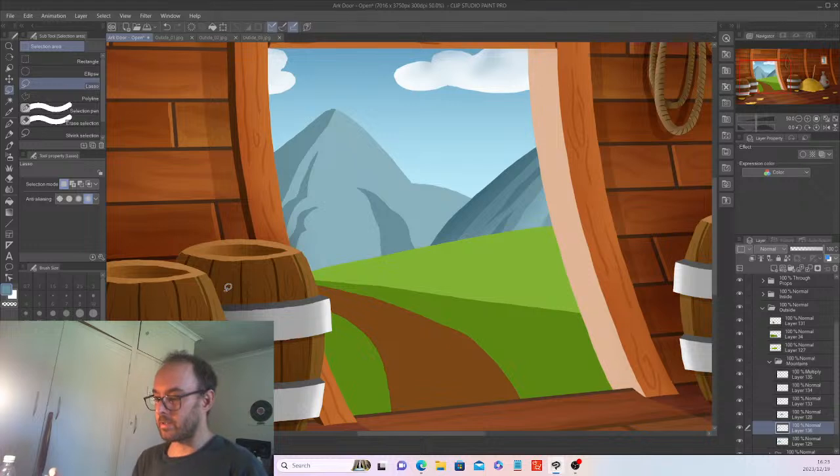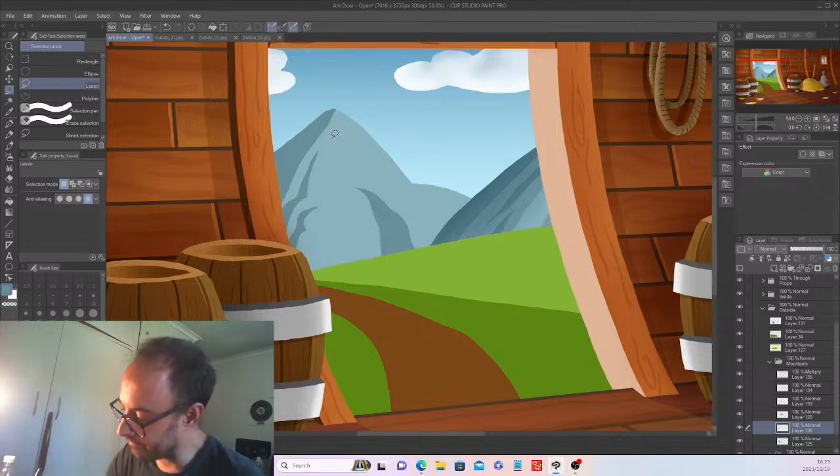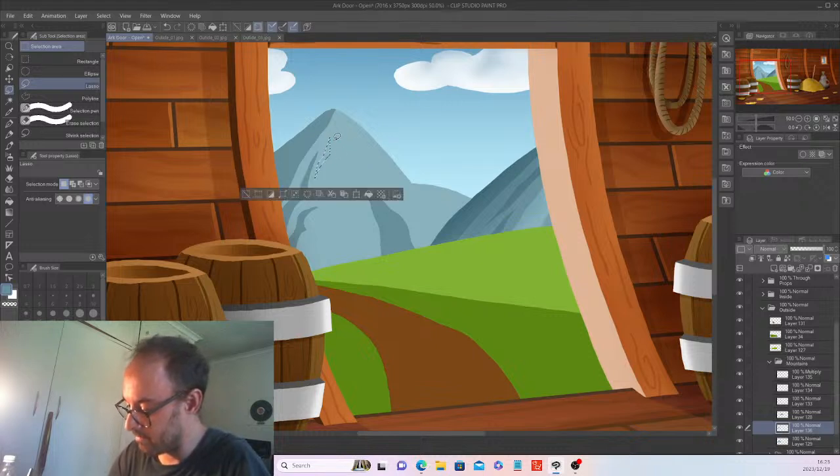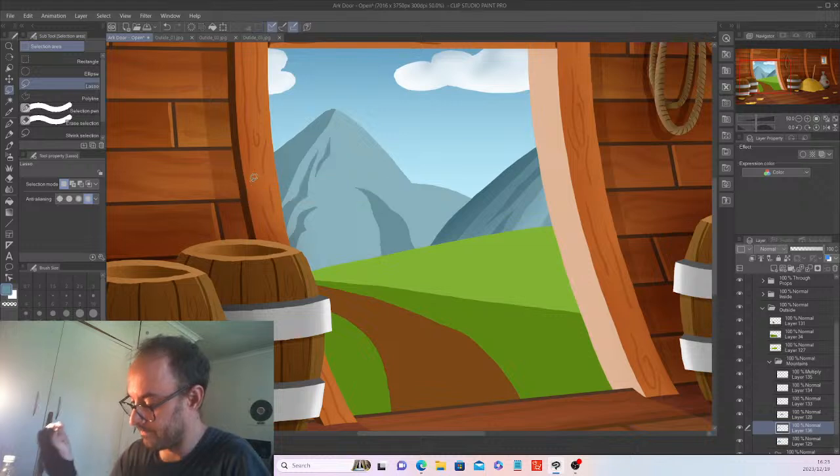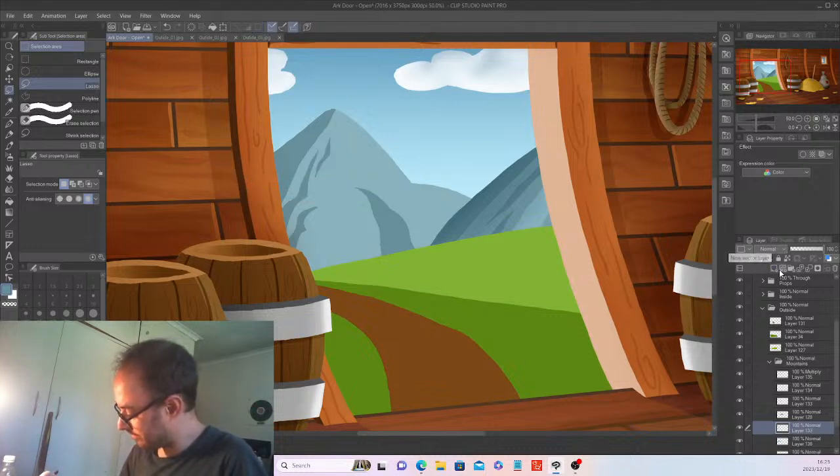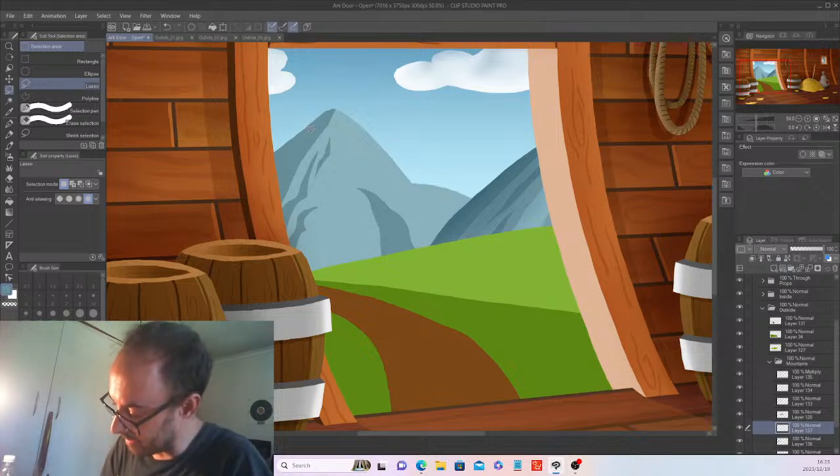Okay, so what I'm trying to do now is just to add some rock textures. Like so. And then maybe